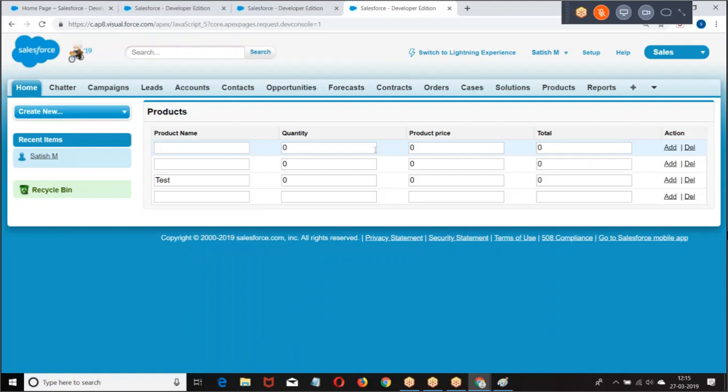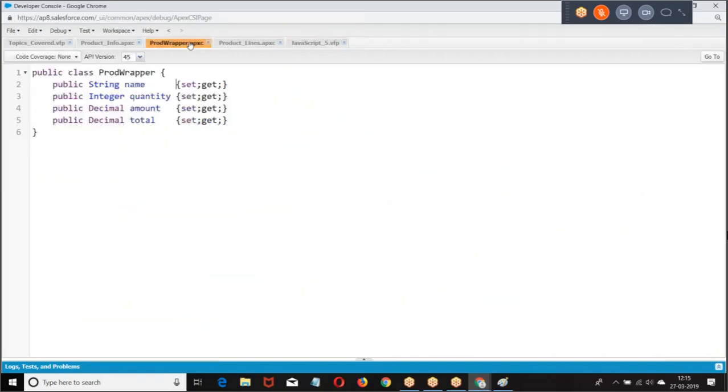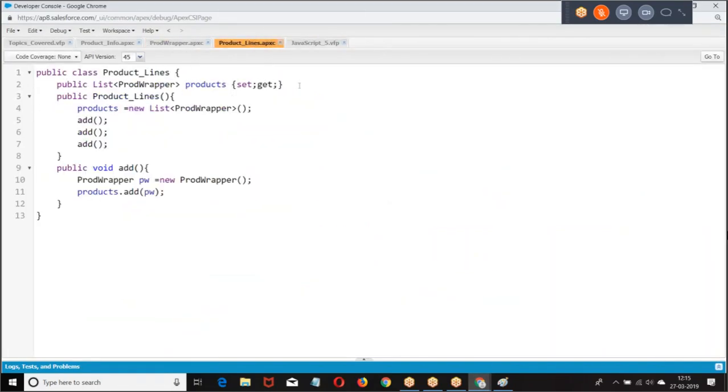Did you get my point? In the list, if you want to add an element at a particular position, list.add(index, element). So you have to mention that index value. If you want to remove an element from the list, then list.remove(index). We have to mention list.remove(index). So the question is, how do you pass the IDs? Look at the point here. First, I'll write the Apex code. Probably you'll understand the code.